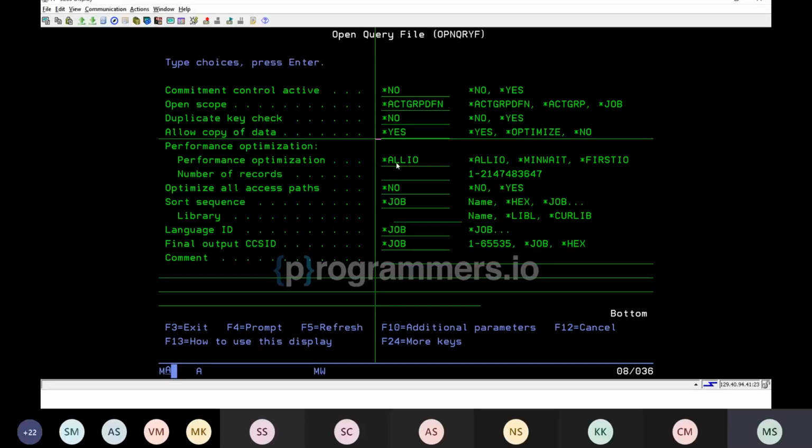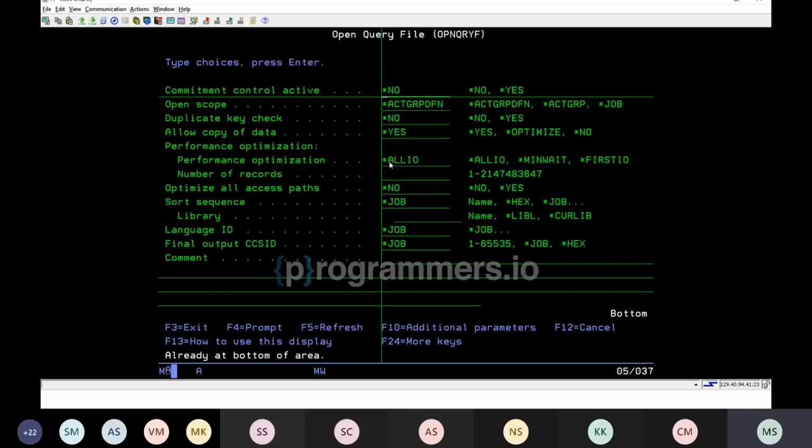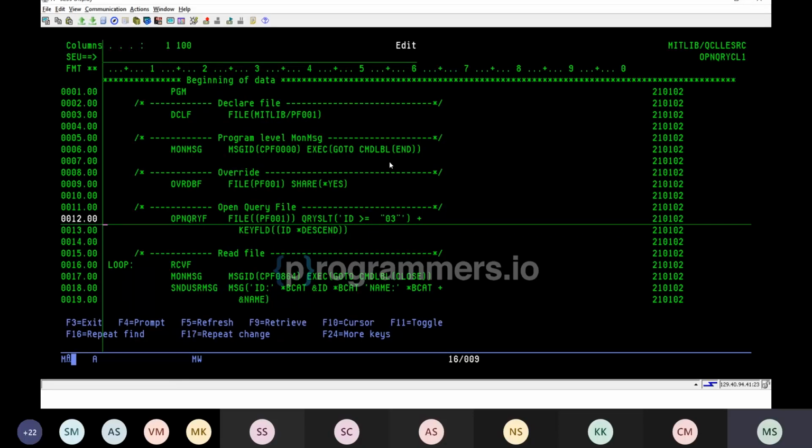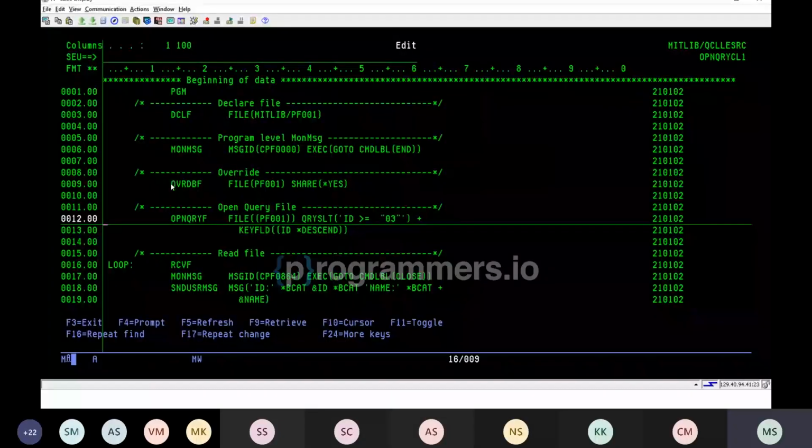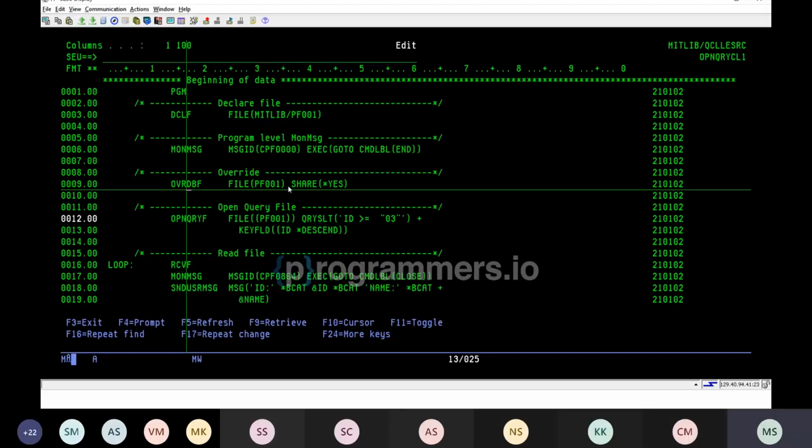And then these are the parameters of open query file. There are a few steps for using the open query file. First we need to override, because we are opening the query file and we are fetching only a particular record from the query file. So we need to override this database file,